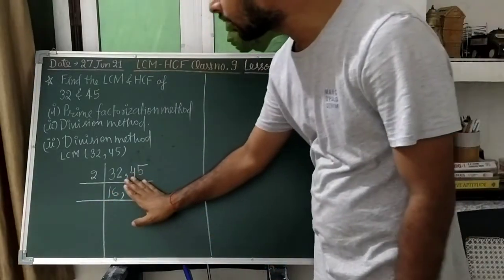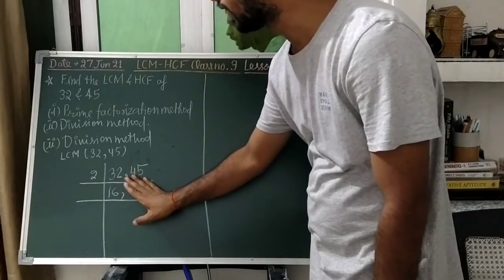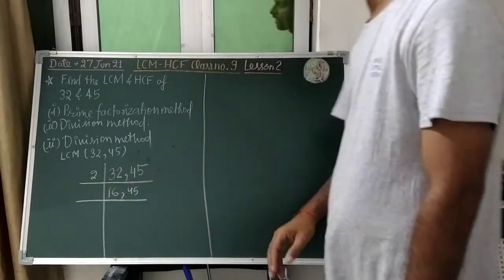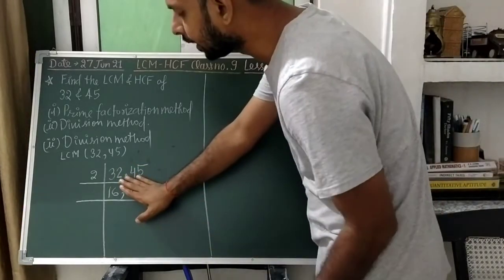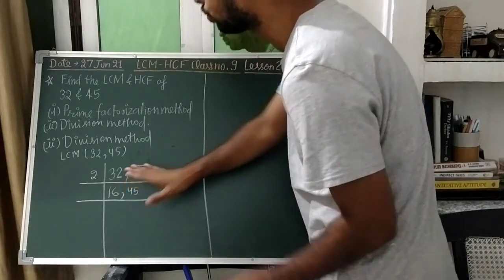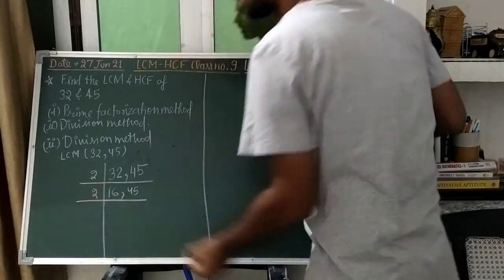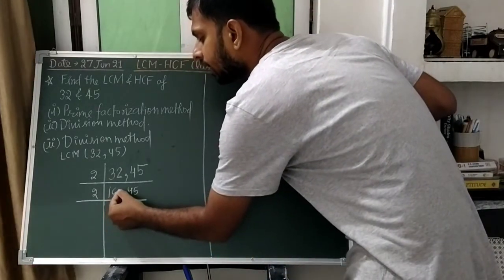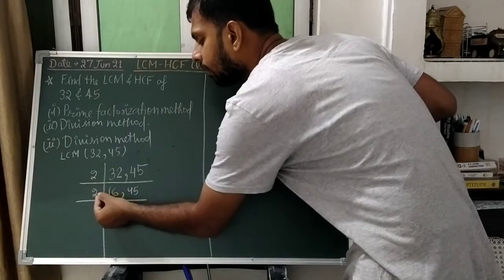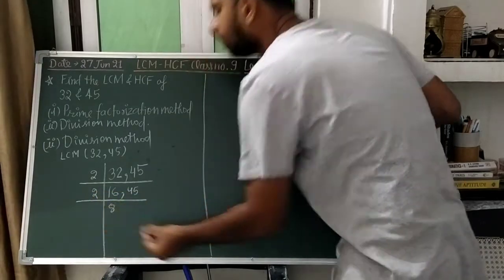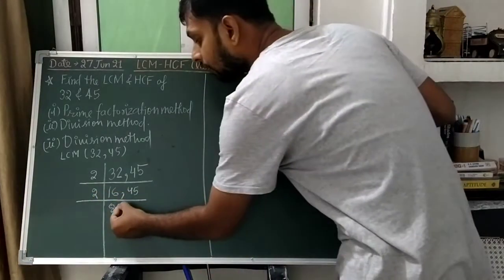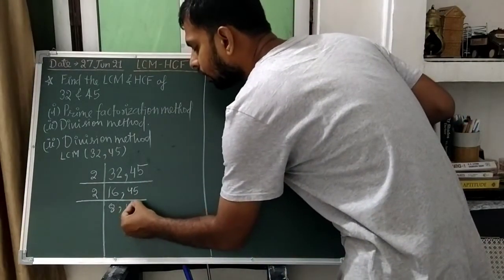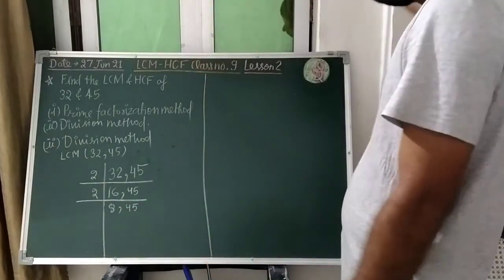Again we select one number at a time and look whether 2 is going to divide it. Yes, 2 will divide it. 2 eights are 16, or you can say the unit digit is 6, which is even, so 2 will divide it. 2 is dividing 16, so we select 2 here. 2 will go 8 times, or when 16 is divided by 2, 8 is the quotient and remainder is 0. Whether 2 is going to divide 45? No, so 45 we write in the same way.